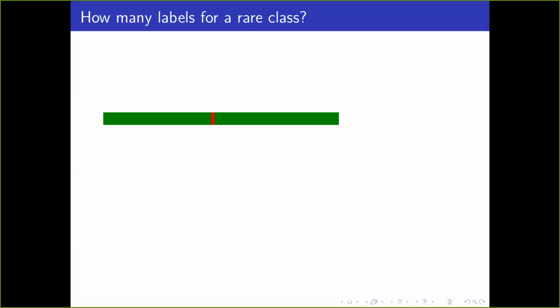So let's think about applying the algorithm we just talked about when you have a rare class. So here we have green and red. Green is the common class, red is the rare class. And maybe instead of using threshold classifiers, we want to use just a little bump classifier, right? So we want to classify with one small interval, which is positive. How many labeled examples are required in order to learn to do better than the always green predictor?